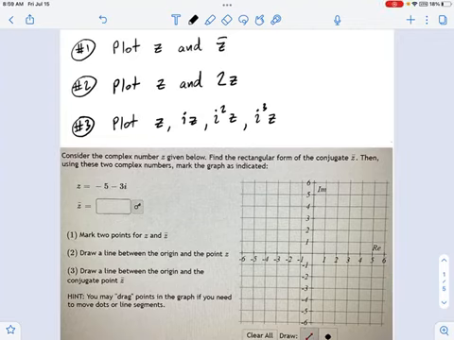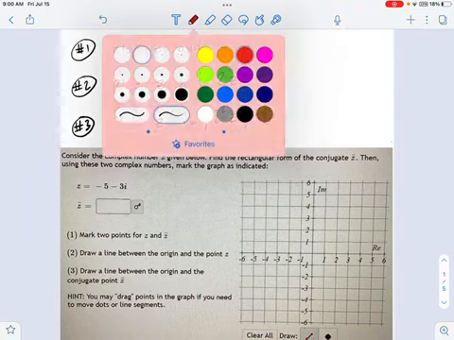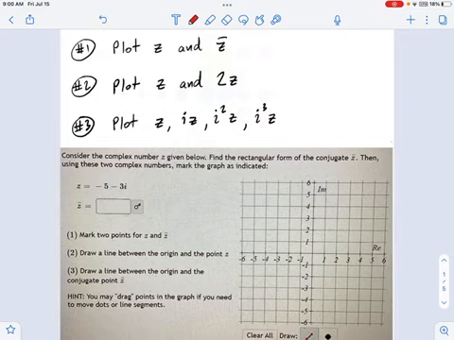So we've been over the basics of how to plot rectangular complex coordinates in a coordinate plane with the real and imaginary axis. And now what I want to do is talk about three ideas. We're going to plot a complex number with its conjugate. We're going to plot a complex number with a scaling of itself, so twice that complex number, and this would go for 3 times or 4 times. And we're going to plot a complex number multiplied by i, being the imaginary number. We're going to see what effects these three different things have.